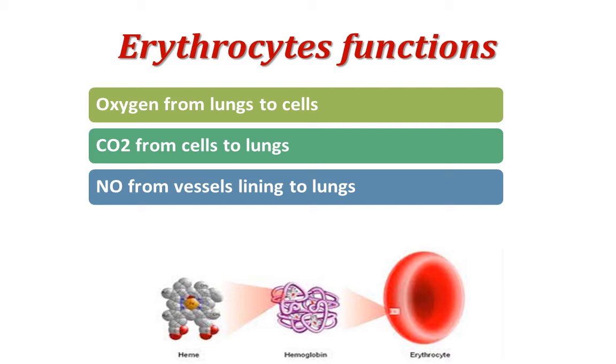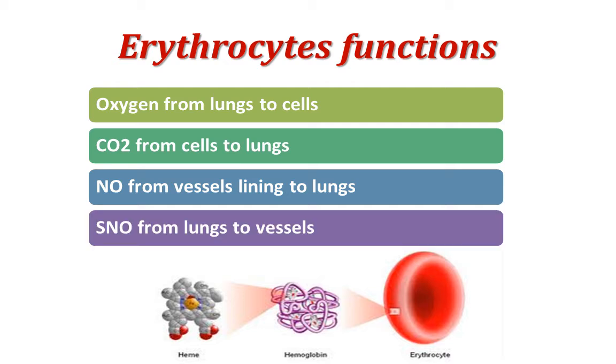Then the hemoglobin picks up a fresh supply of oxygen and a different form of nitric oxide called supernitric oxide, which is produced by the lung cells. In body tissues, hemoglobin releases its oxygen and supernitric oxide and picks up carbon dioxide. The released supernitric oxide can make blood vessels relax. At the tissue level, hemoglobin can also pick up any local excess nitric oxide, thus making blood vessels contract.